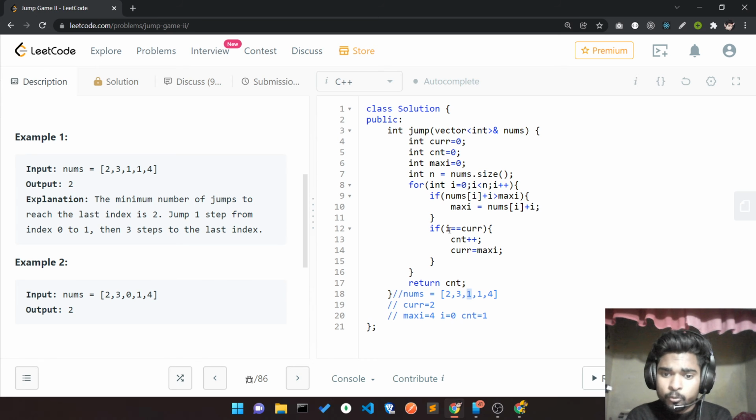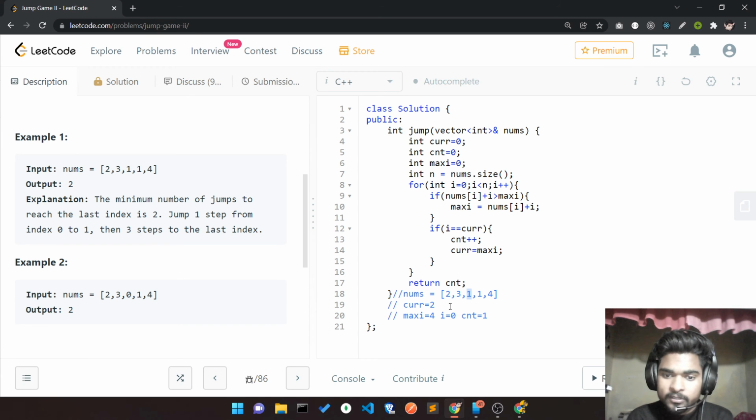And i is equal to 2 and my current is also 2, so this code is going to run.